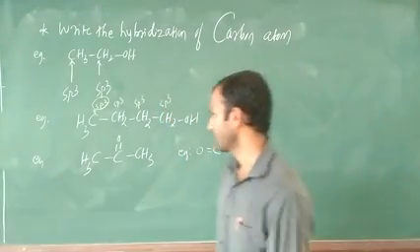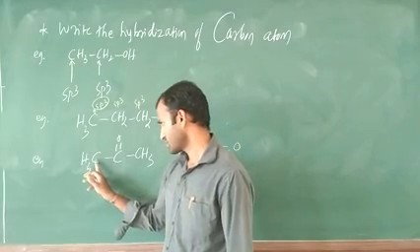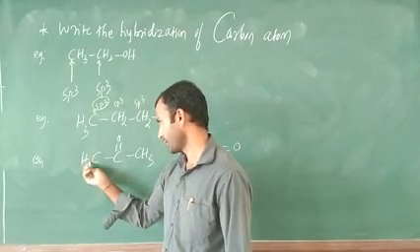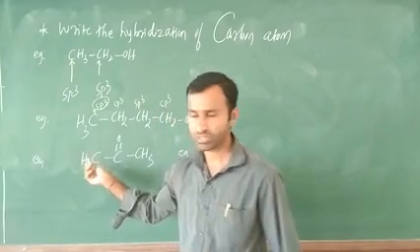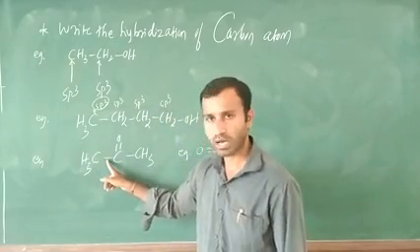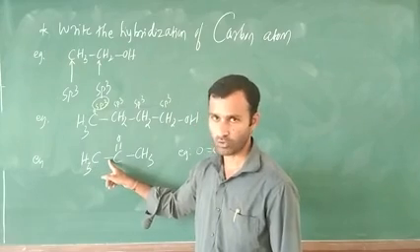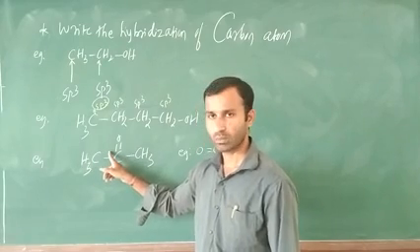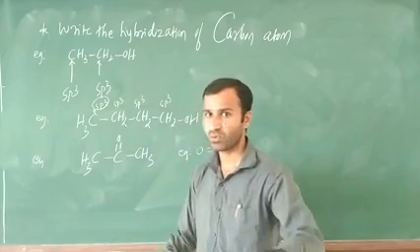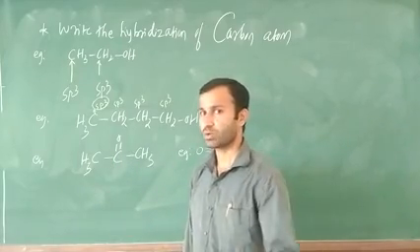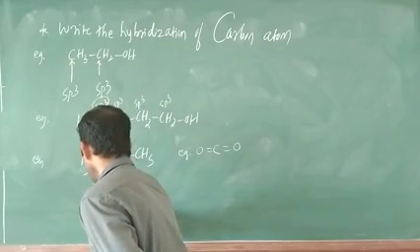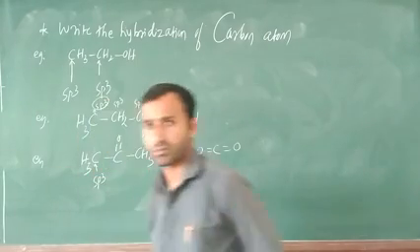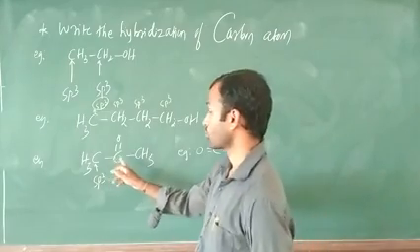Okay, clear? Next, here CH3 is there. How many hydrogens are there? 3 hydrogens, 3 sigma bonds. Next, in this case this is the carbon single bond. Single indicates sigma bond. If double is there, 1 is pi, 1 is sigma. If triple is there, 1 is sigma, 2 pi possible. What is hybridization of this one? sp3 hybridization.